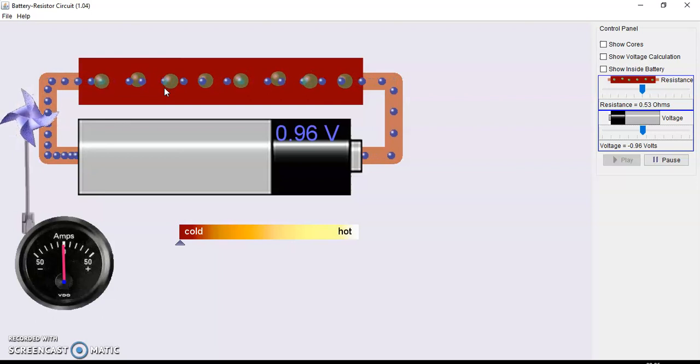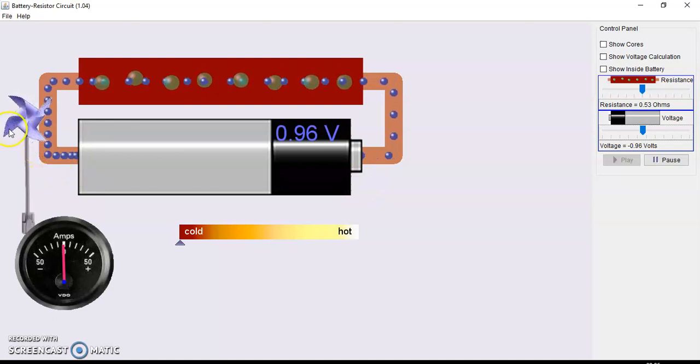This core cannot move from one place to another. All it can do is just vibrate. As you can see here, it is just vibrating around its mean position. It is not moving in any particular direction. In contrast, you see these blue balls, they are traveling all the way from one end to another. See this black portion of the cell, that is representing the positive side. So electrons are entering the positive side and they are leaving from the negative side.